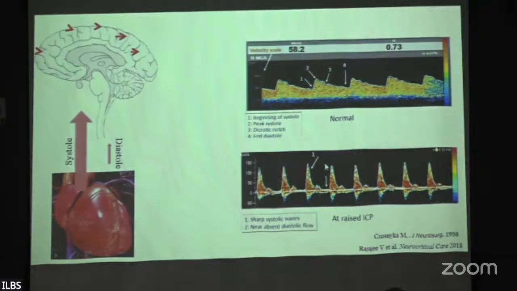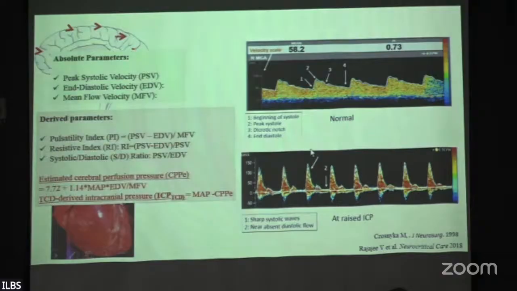So this is the waveform that we obtain in case of raised ICP: a sharp systolic wave and a nearly absent or lower end diastolic velocity. Transcranial Doppler helps us assess many parameters, like the peak systolic velocities, diastolic velocities, and mean flow velocities. There are also some derived parameters, like the pulsatility index, the resistive index, the SD ratio. And also an important parameter is the estimated cerebral perfusion pressure and estimated ICP TCD,